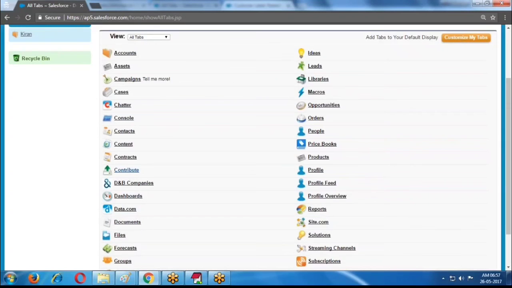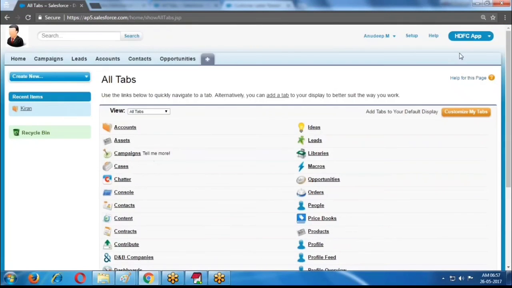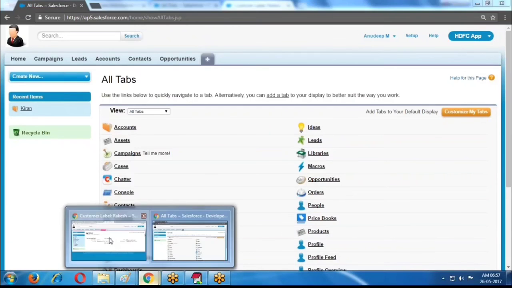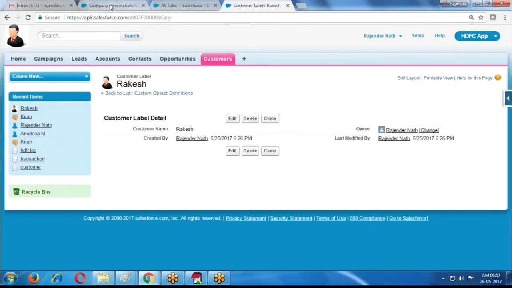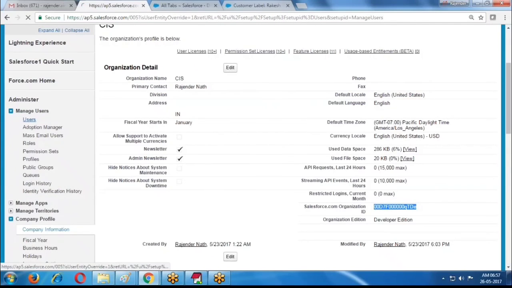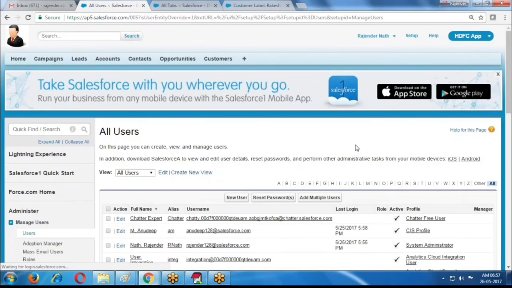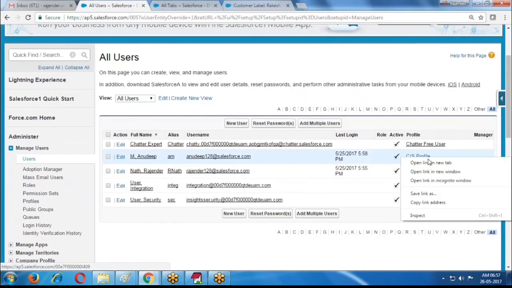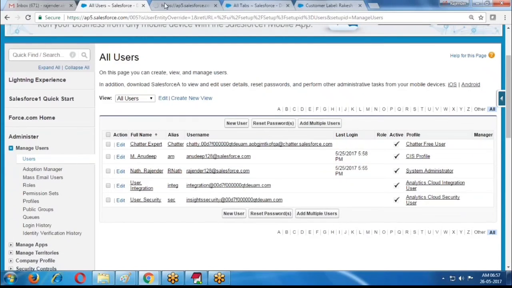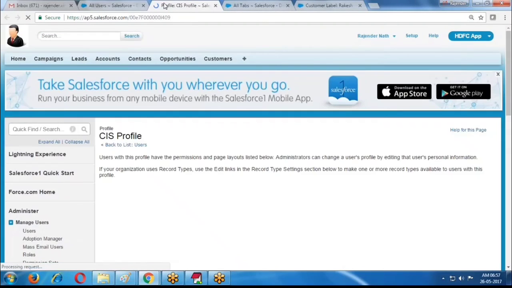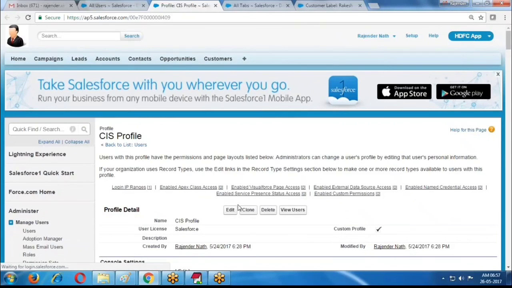If you want to display this object to this user also, this Anudeep also, in this case go to the Anudeep user, open the Anudeep profile. Now edit the permissions.